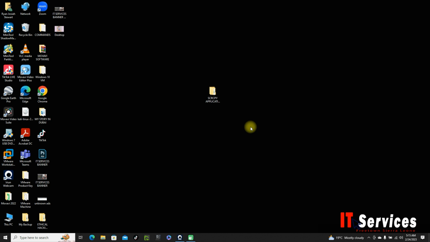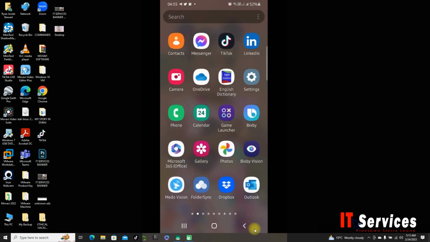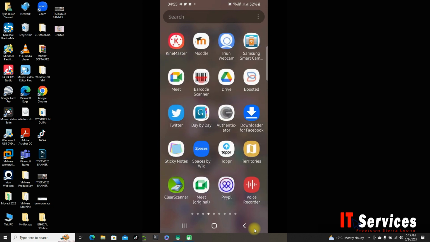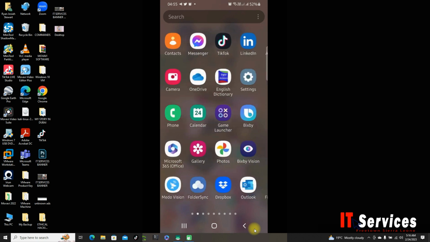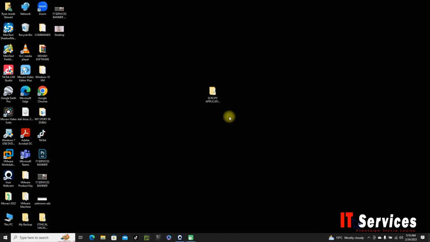Hey guys, today I'll be showing you how to get your mobile screen mirroring on your computer. This application is only for Android devices and Windows computers. And we can see that many a time when we try to mirror our phones on our desktop,